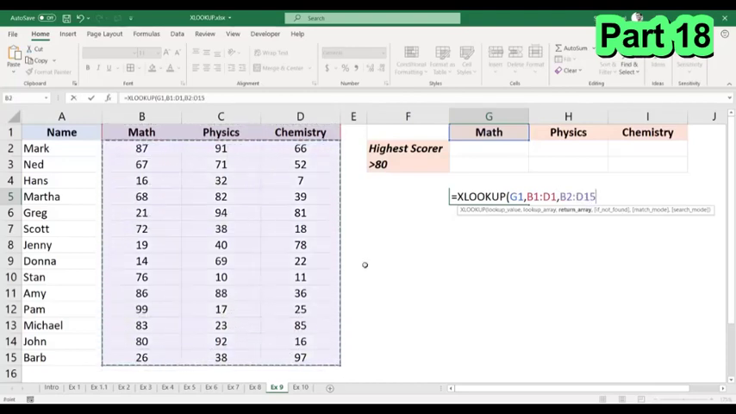Now what this does is it looks for the name math here, so it identifies that it's in the first position, and it is going to return this entire column of math values. In case I change this to physics, this is going to return the second